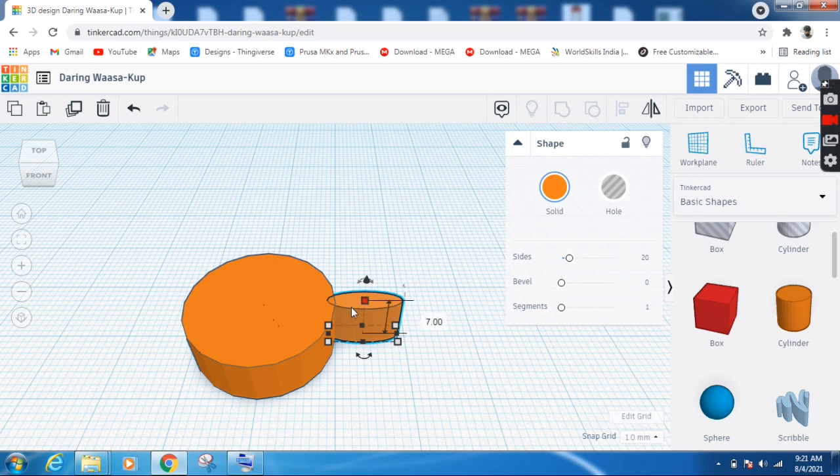This is called an ellipse. So I'm taking this small dotted line, and till that point I'm going to insert it into the first object. So let me do that. I'm pressing the left arrow key on my keyboard and making it go in. Now you see that it is in the middle, halfway in.